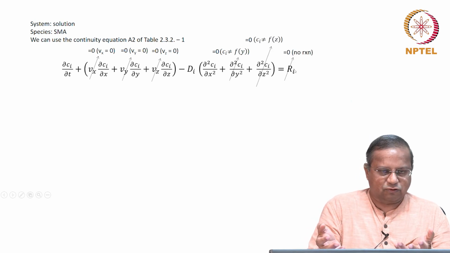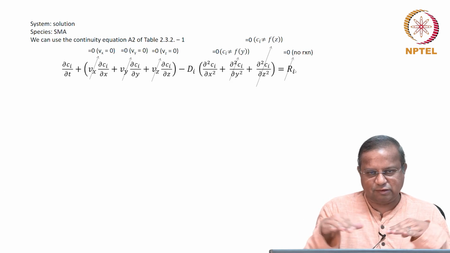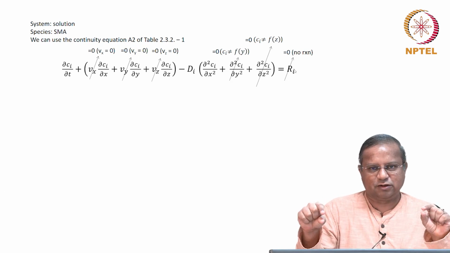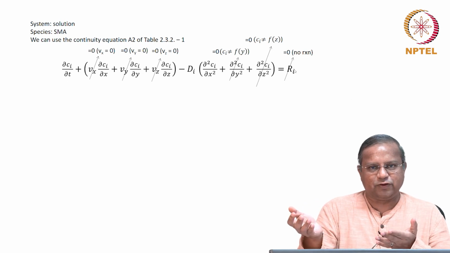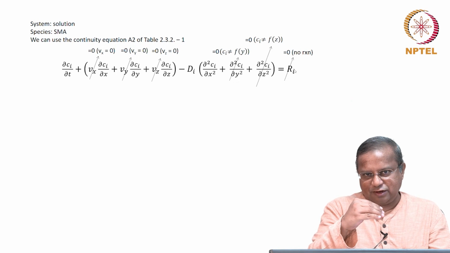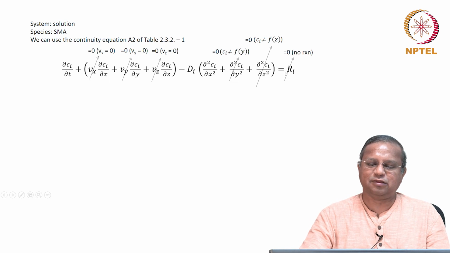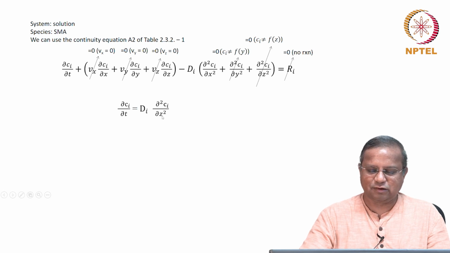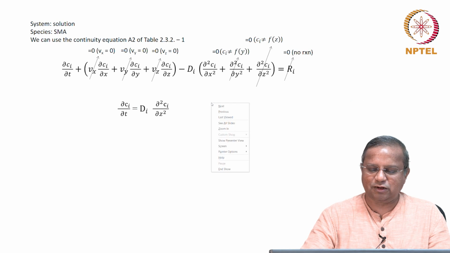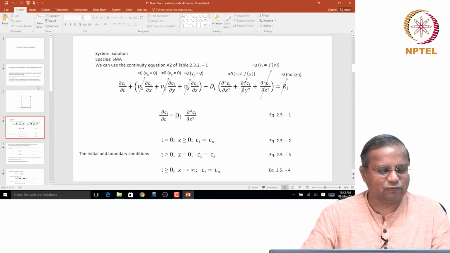And of course, there is no reaction in the solution. The reaction, if it happens, is at the surface that is being modified, and that we have very nicely removed from the system. Our system does not contain that, and therefore, there is no reaction occurring in the system. So, we have this expression dou C dou t equals Di dou squared Ci by dou z squared, and therefore, let me actually correct this here. The z is still fine. I think here I have indicated it incorrectly. So, let me correct it here so that there is no confusion.